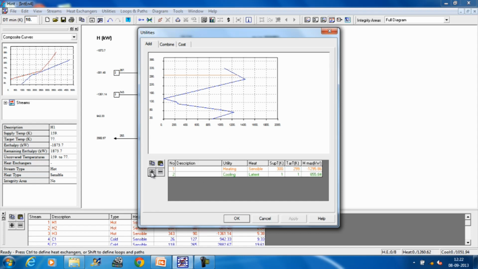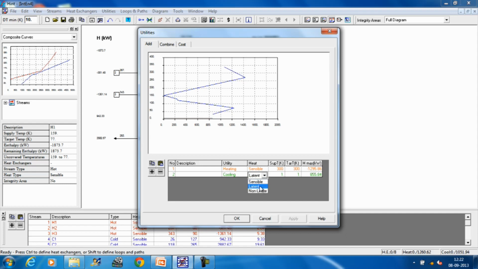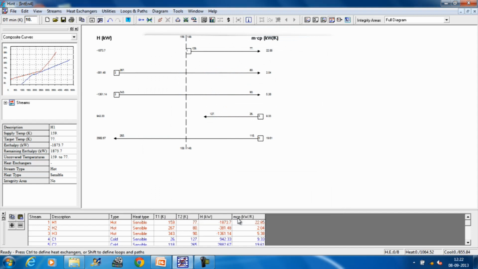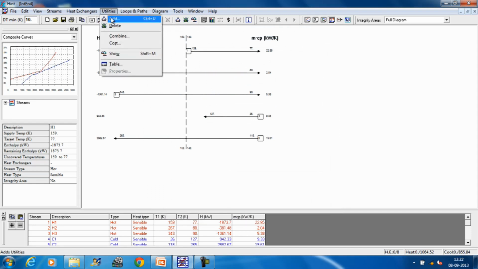Then I say plus, it is a cooling, it is not a latent heat. So, I have to make it sensible, and then this temperature is 20 and this temperature is 60. So, I say OK, this adds. Now, I can go to the combine